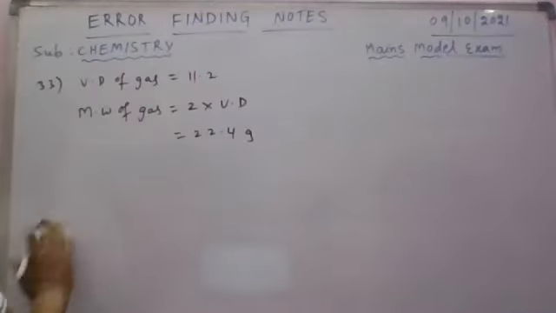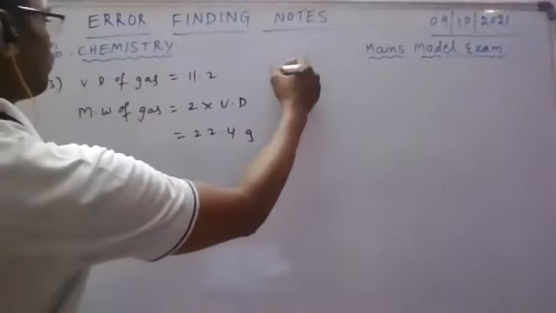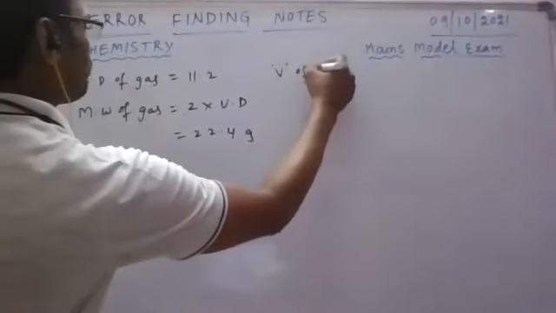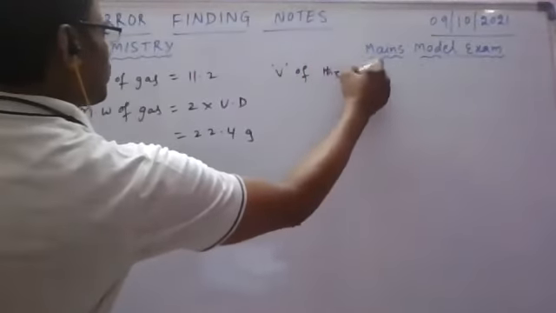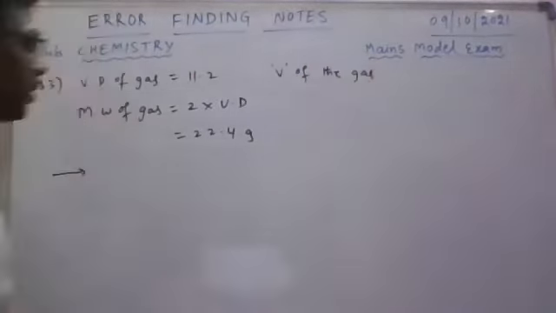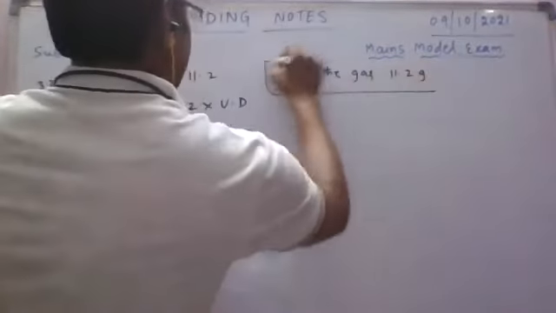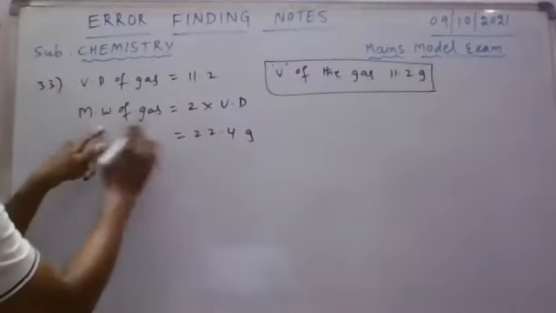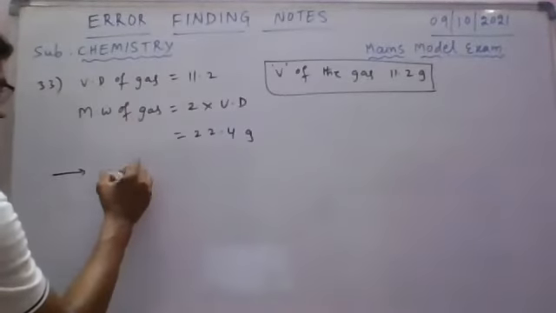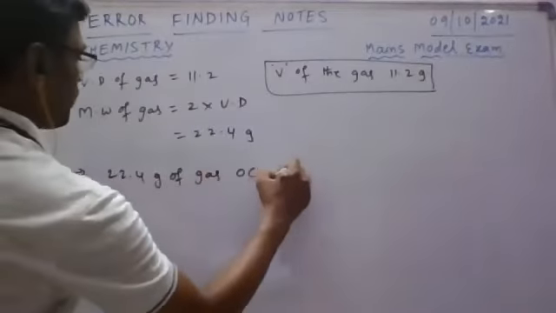Okay, here the question is: what is the volume of the gas? 11.2 grams of the gas is given. That is the question. From this molecular mass, the general formula is that 22.4 grams of gas occupies